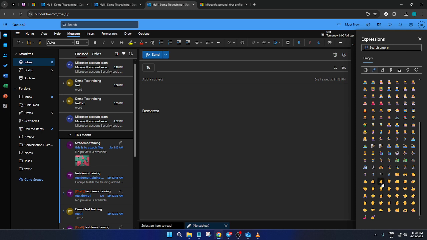Now, we're on the hunt for a specific emoji, the thumbs up. Navigate to the People section within this emoji panel. If you scroll down a bit, you'll find various hand gestures and symbols. Slowly scroll until you come across the thumbs up emoji. Once you do, simply click it and voila, it'll appear in the body of your email, adding a nice, friendly